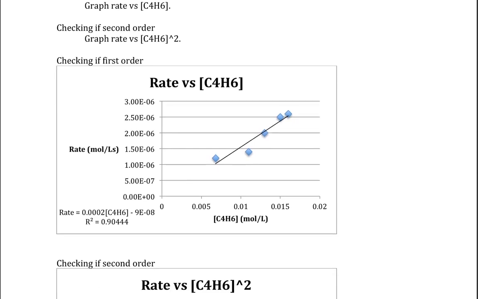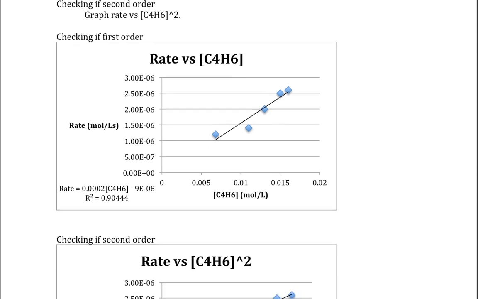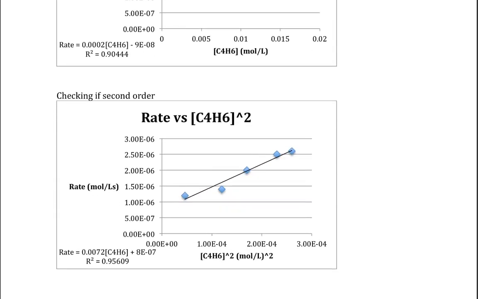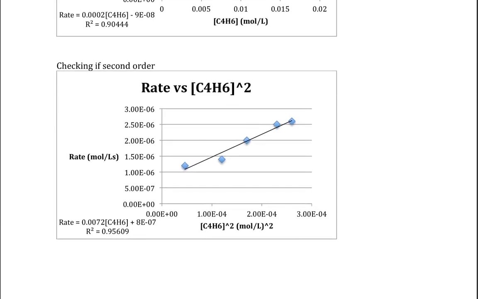So here is rate versus C4H6. As before, I fit it with a linear function, got a correlation coefficient of 0.90444. I made a graph of rate versus C4H6 squared, did the linear fit and got a value for the